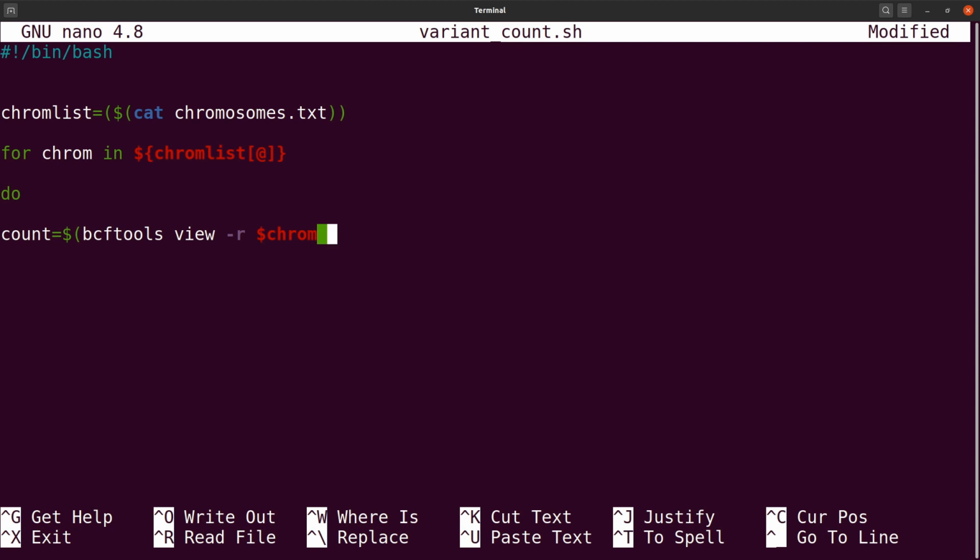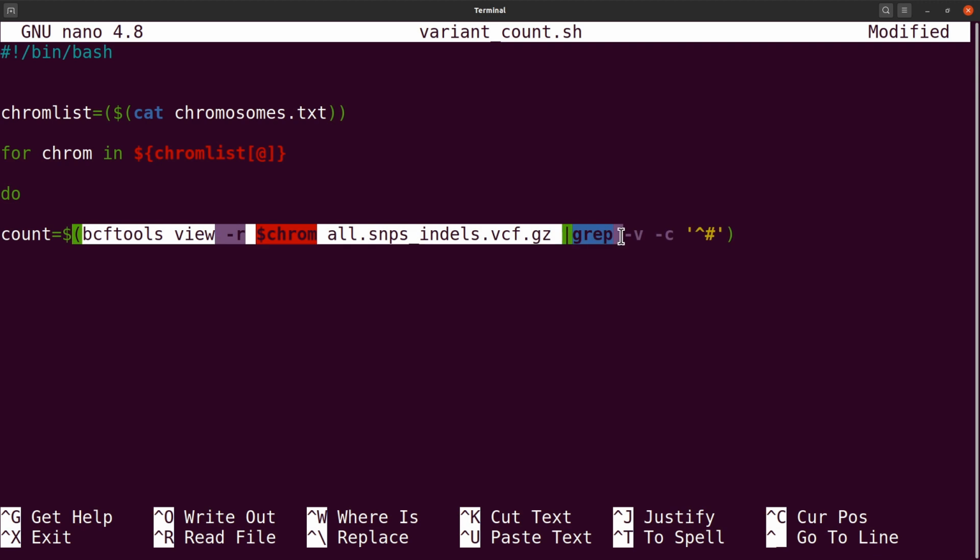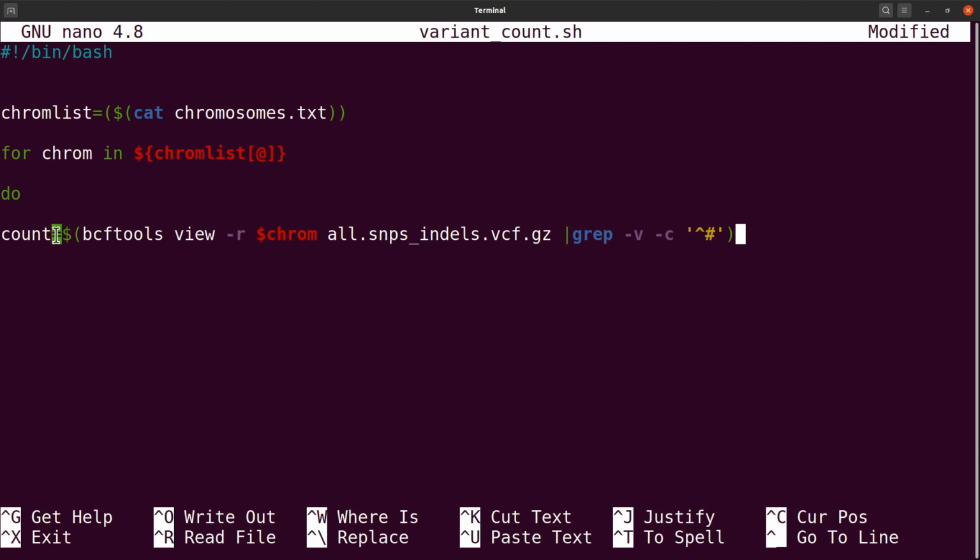So we now specify the VCF file here, and then we pipe and add our grep command to do the counting for us, like this, and then we close it. So the dollar here also tells bash that the output of this operation, the results, should be assigned, and that is where the equals comes in, should be assigned to this variable here. Okay, so that is what we have. So once we have this,